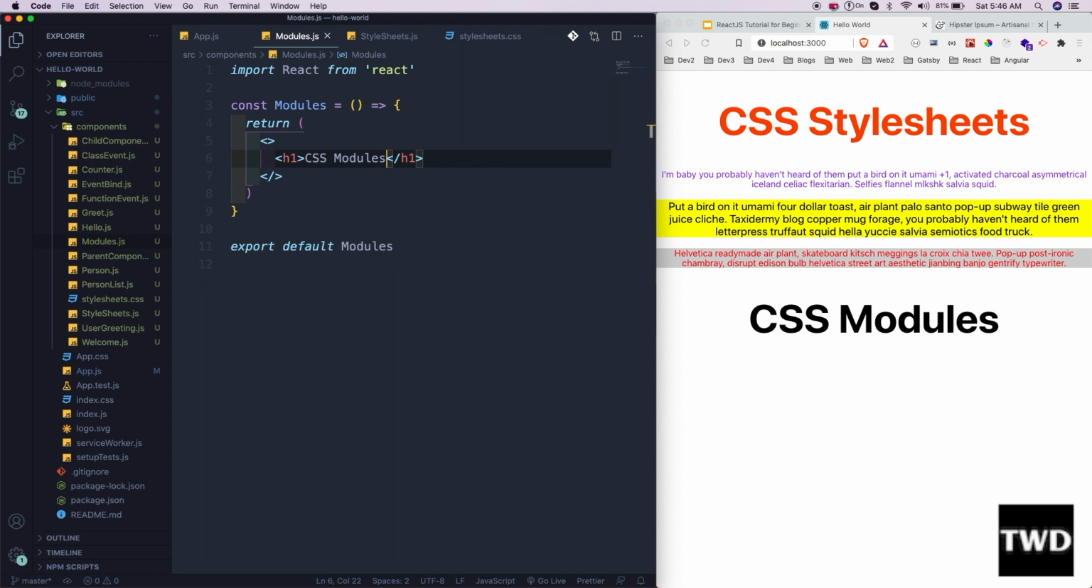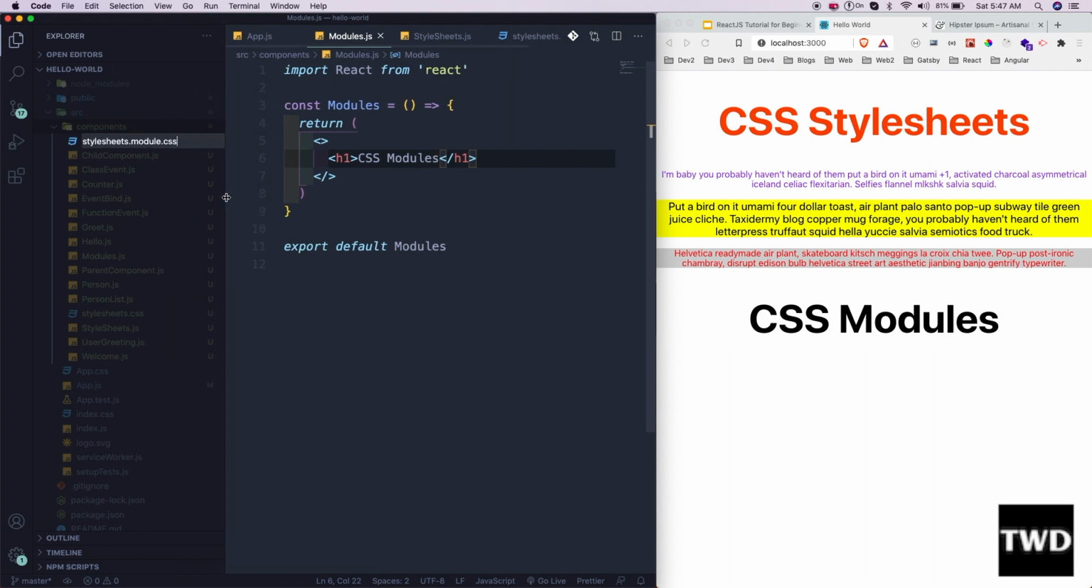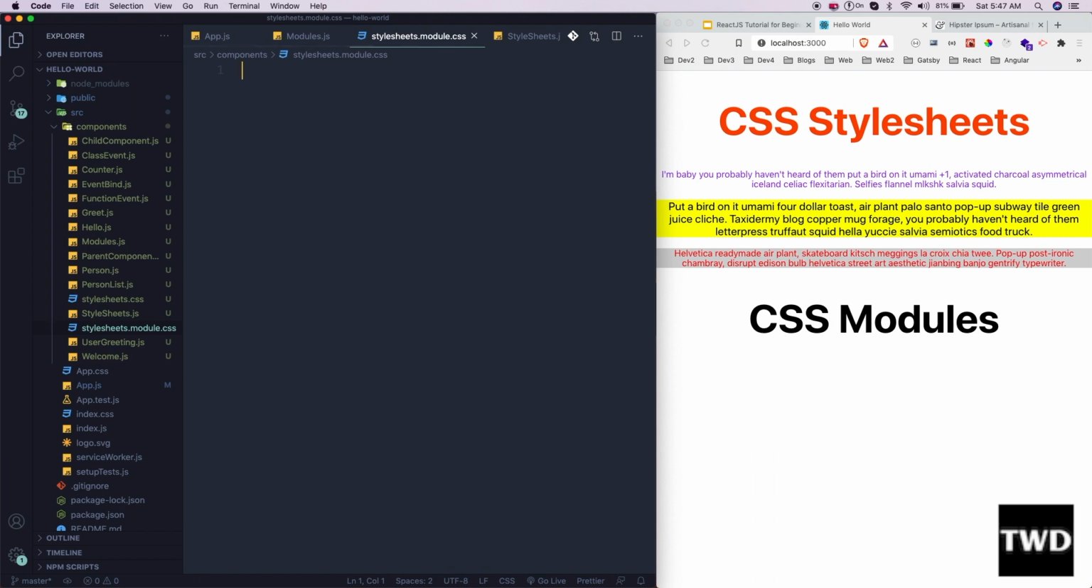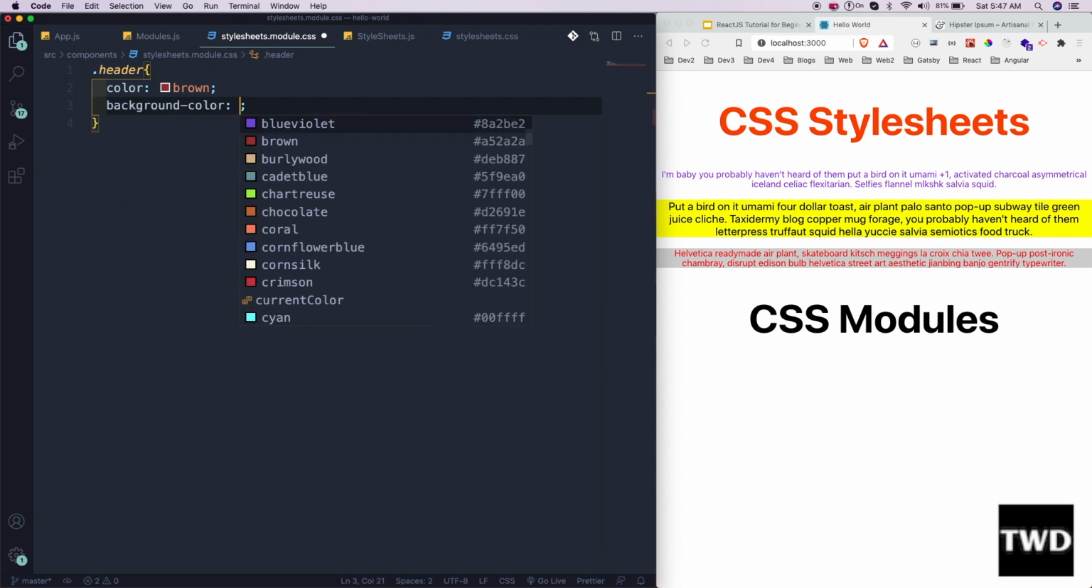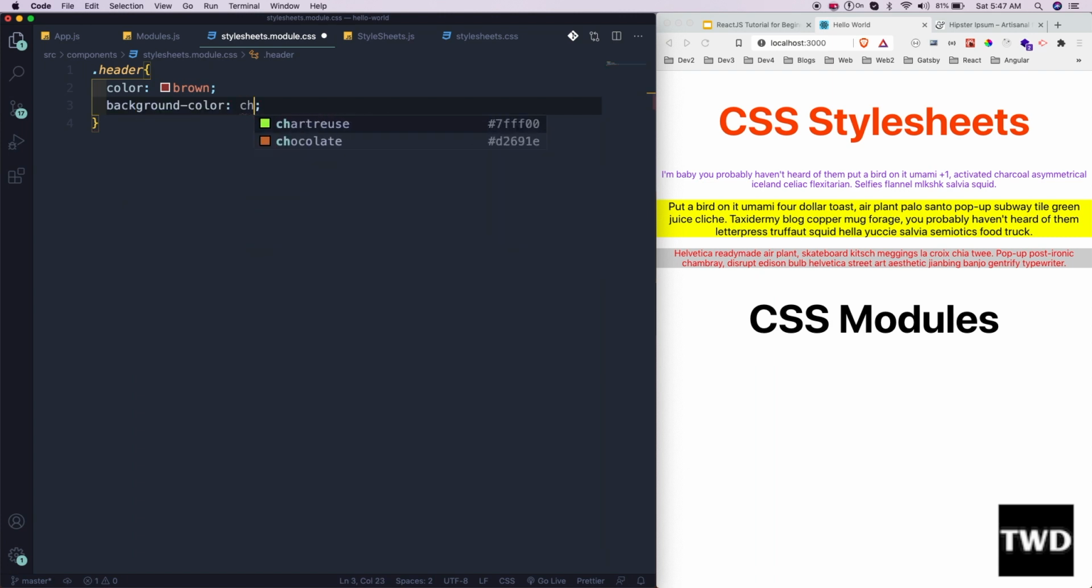It is very easy. This CSS modules is very easy. What we need to do is just create a file with the module word. So we will create a new file like stylesheets dot module dot css. This dot module is very important. Okay, so it will be like this, and then here I write header, color brown, background color, yeah, this seems good. Let me save it,